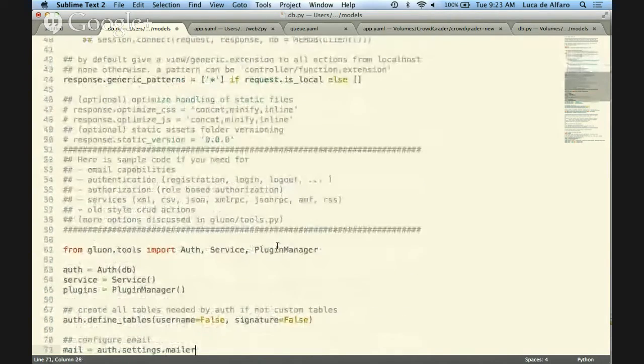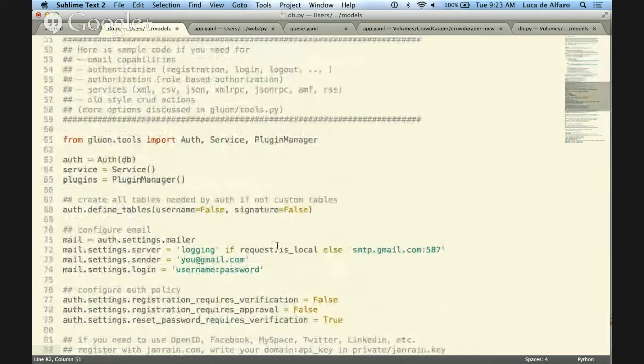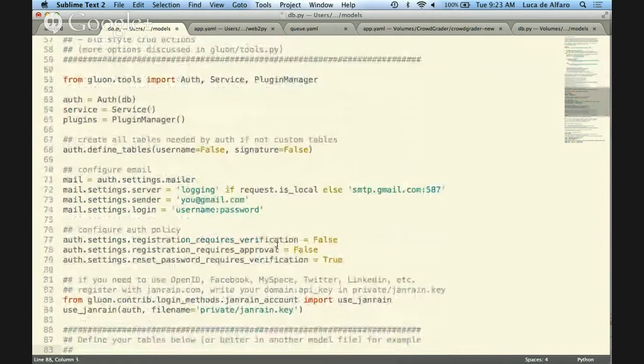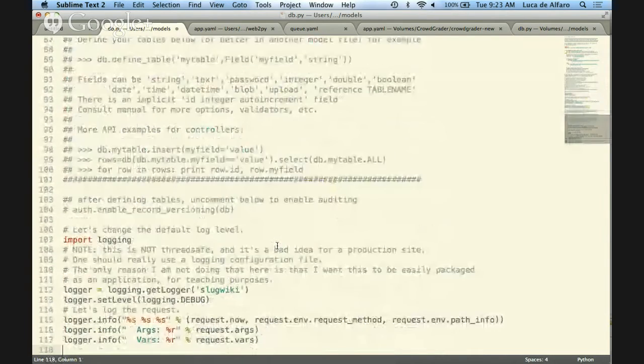And the rest in db.py, I think you know it already from the various things we said during the class. So there is auth and there are the other things. And there is this logging that I gave you that is actually incredibly useful when you develop. I think this concludes my tour of the non-trivial things that I wanted to tell you about the setup of a Google App Engine instance.